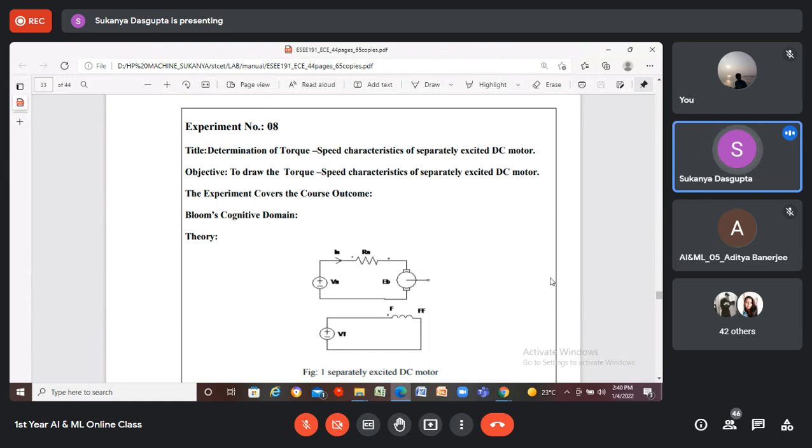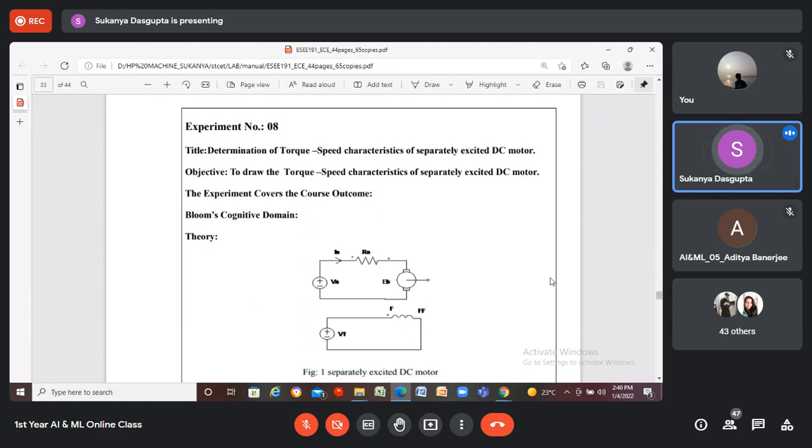DC generator is used to convert mechanical energy to electrical energy. That means electrical output can be obtained from a DC generator, whereas a DC motor can produce mechanical output from the electrical input. Right? So electrical energy can be converted to mechanical energy by using DC motors. So here in this experiment number 8, we will see how